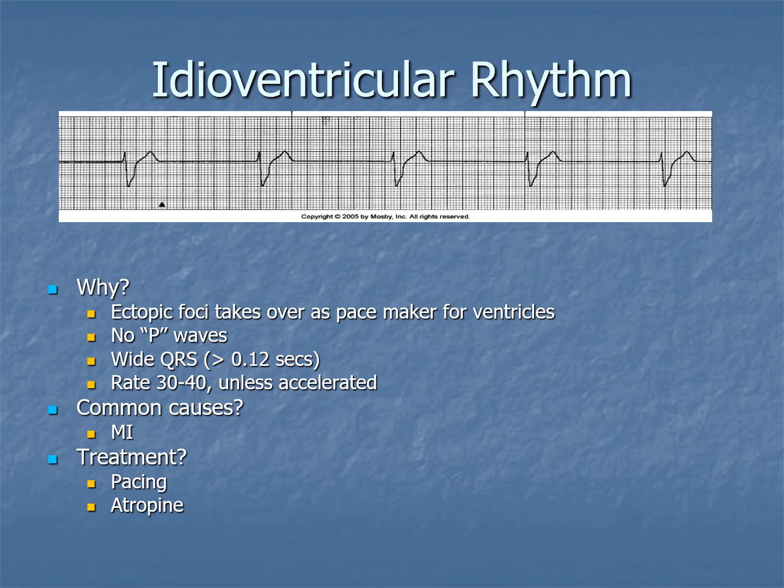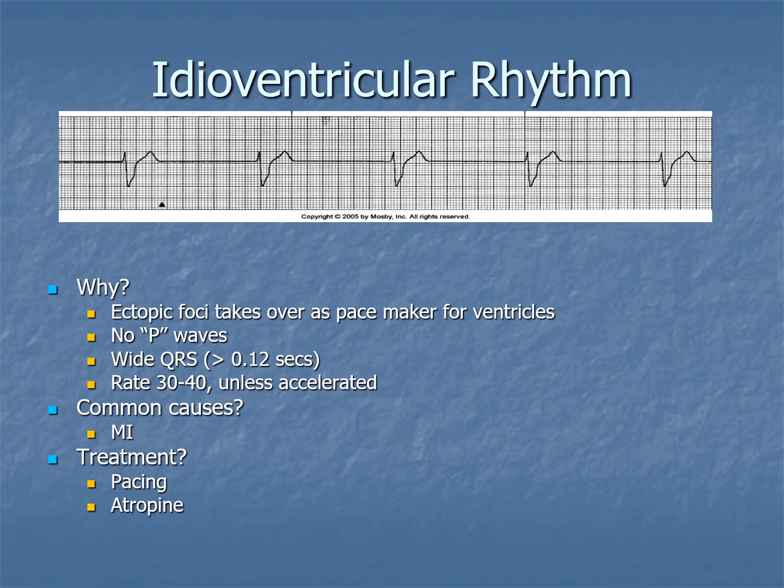What makes this idioventricular rhythm again? You have this ectopic foci, so the origin of the electrical conducting signal takes over as the pacemaker for the ventricles. There are no P waves. There's a wide, kind of bizarre looking QRS. The rate is generally 30 to 40. There is such a thing as an accelerated idioventricular rhythm, but in general, no P waves, this wide QRS, and a rate